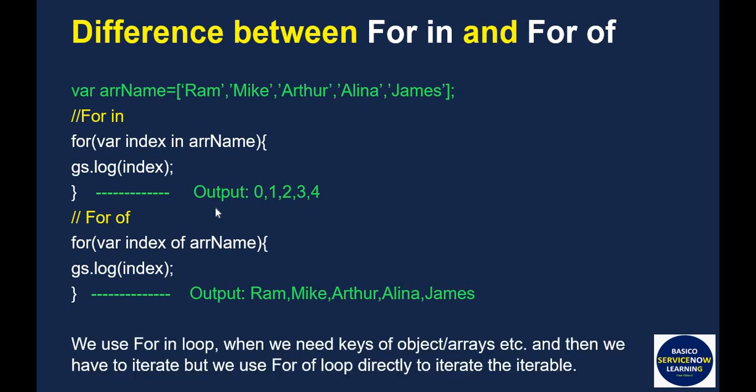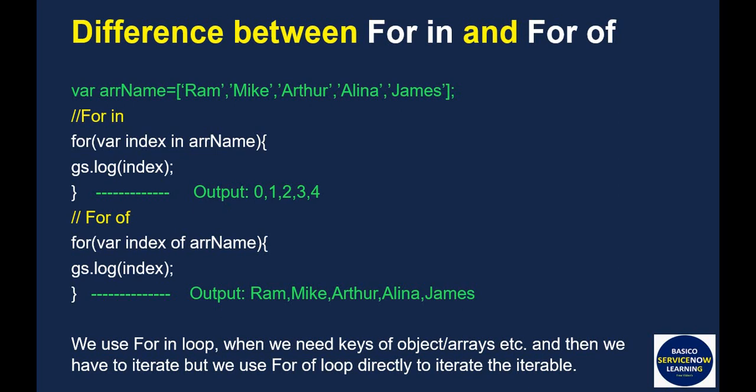So we use for in loop when we need keys of an object or array, etc. And if we have to iterate and directly get the iterable values, we use for of loop. Okay, so now I believe you have an understanding of the difference too. Now let's see the second